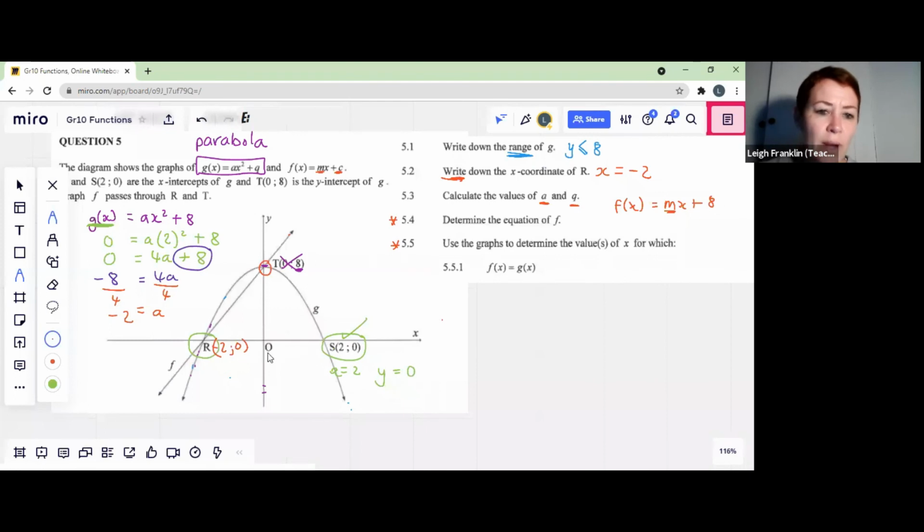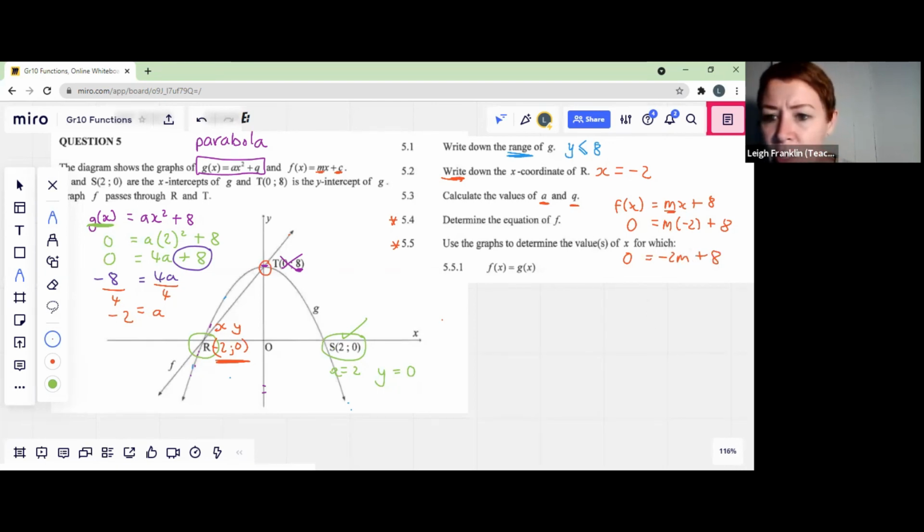If we've got a point that lies on the line, we can substitute the point in, or we can use the gradient formula, but I think I'll stay away from that for now, all right? What we can do is substitute in this point over here. Remember, x first, then y. So if I write 0 is equal to m times negative 2 plus 8, I would end up with 0 equals minus 2m plus 8, like so.